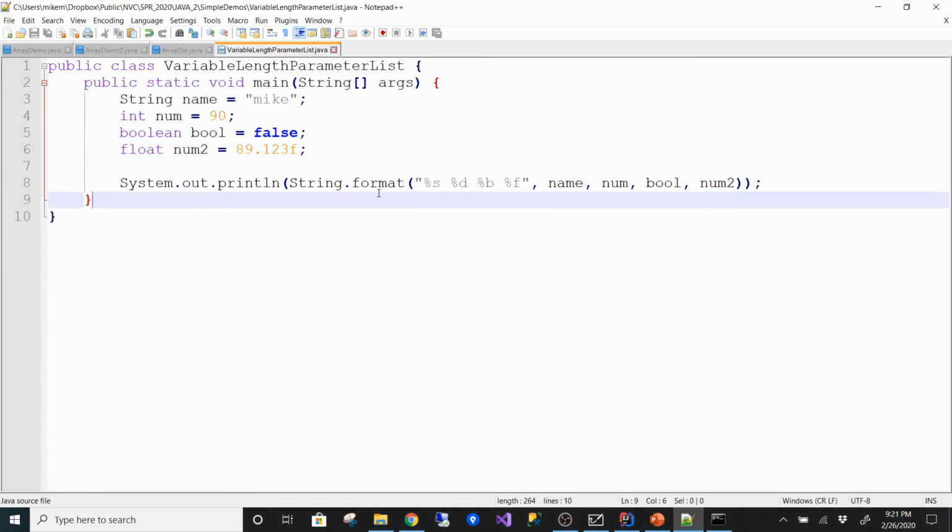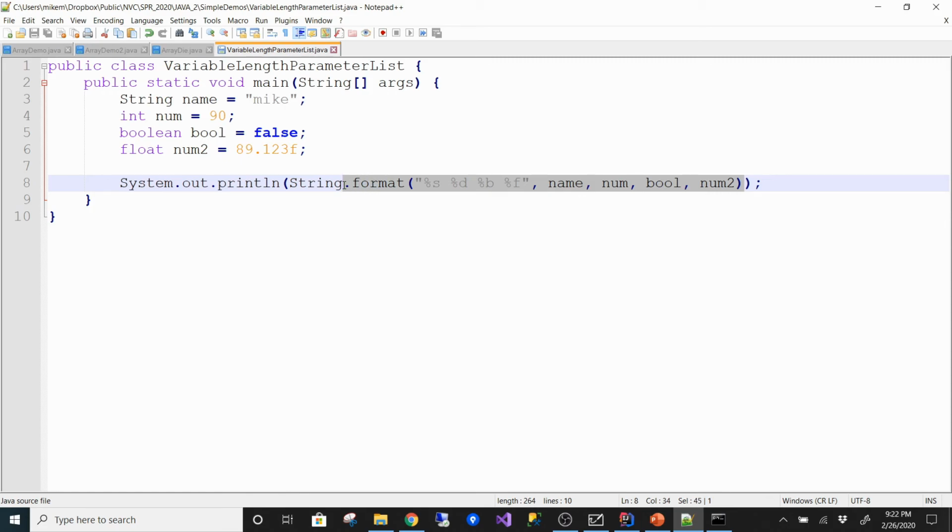So just think about this. Whoever wrote this method, format, had to overload it. Is it overload? Yeah, had to overload it to take two parameters, 3 parameters, 4 parameters. Do you think they actually did that for infinity? No, they didn't. Right? So in Java, we can define if a method is going to take a series of